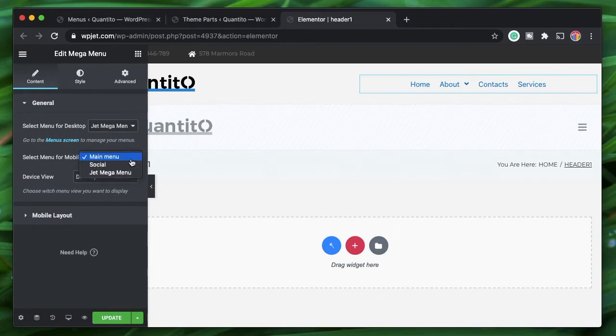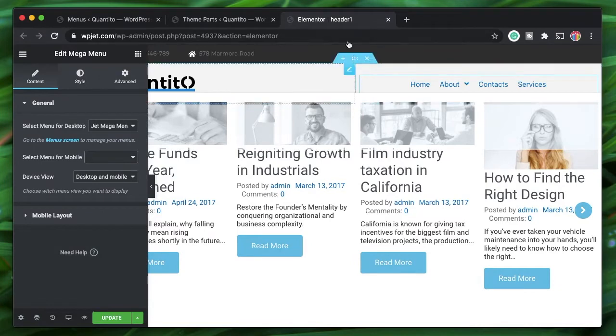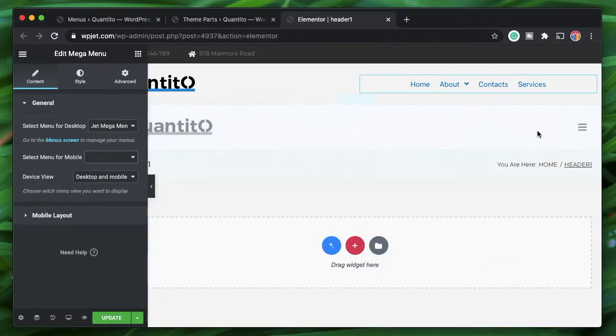Now here's a neat little thing that you can do. On mobile, you can pick a different menu instead of the whole mega menu stuff, right? So you can pick a simplistic WordPress menu on mobile, and that's a really good way of optimization. But on mobile, I'm actually hiding this whole section, and I have a brand new section, right? I have this which will show up on mobile and tablet, so I don't have to worry about the mobile optimization since I'm anyway hiding this header. If you're using the same header, it's better to select a minimalistic menu. That way you'll also save resources and loading time for mobile users.